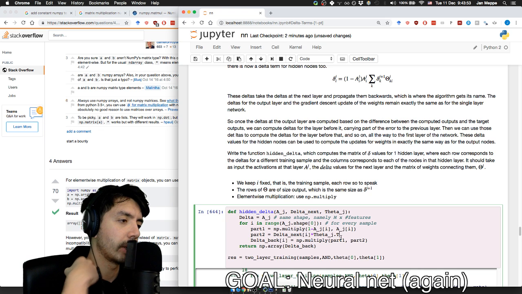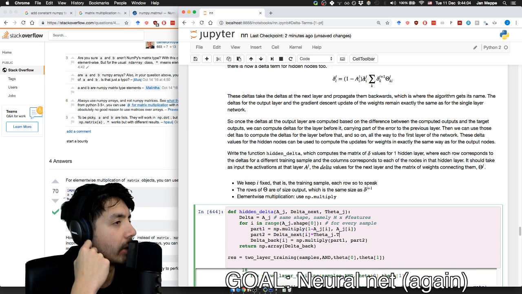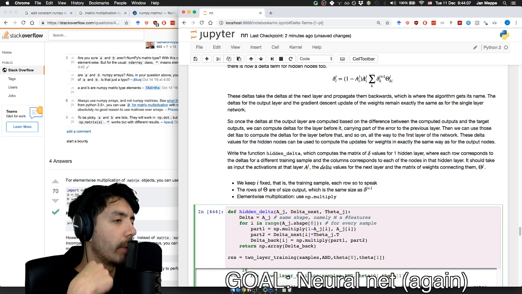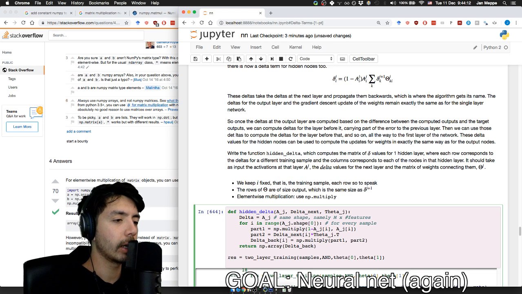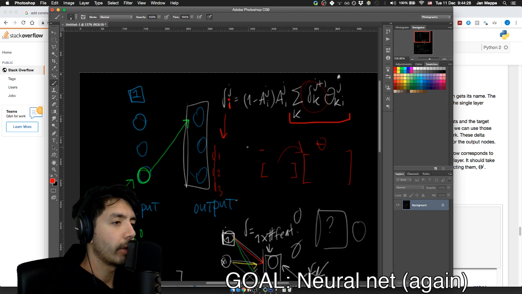Or times, depending on. So this is a 1 by features, but this is also a 1 by features, so the notation is kind of sloppy here. Or I'm making a mistake, of course. And then the only thing that we have to figure out is this part of the formula. Like, so delta, imagine we have any random layer, delta is m